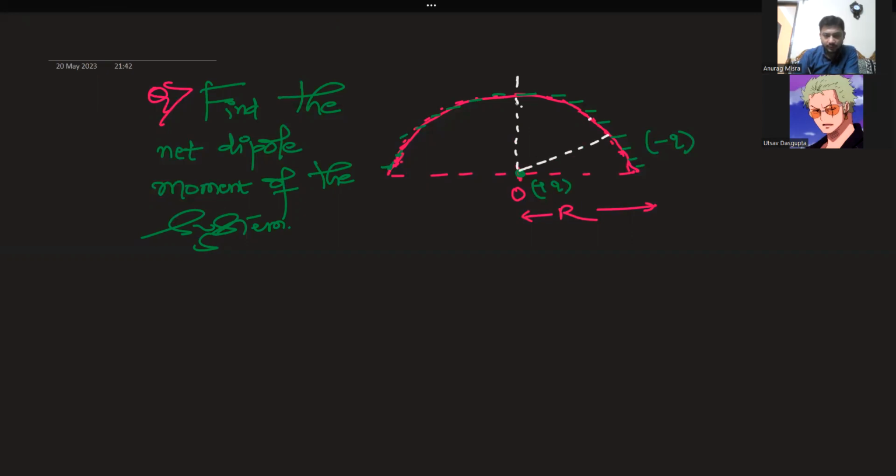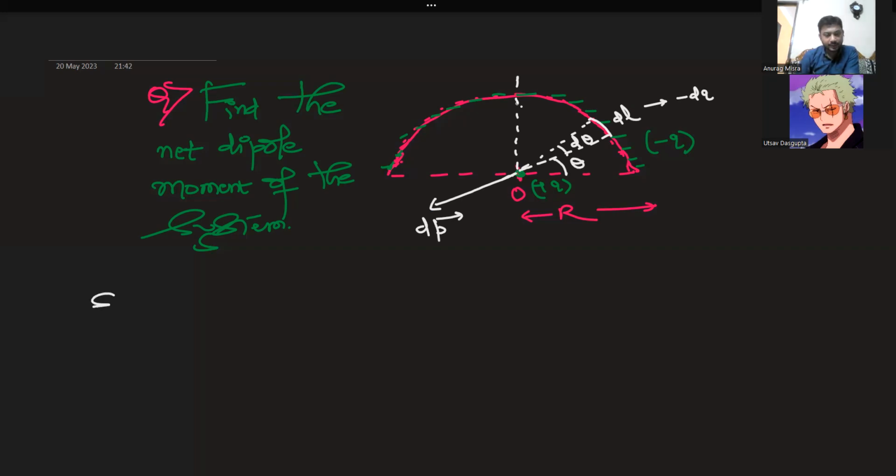an elementary arc of this semicircle, suppose an arc of length dl, which makes a small angle d theta at the center, and suppose this radius is making an angle theta. So we can say within this dl there will be some negative charge. Let's say this dl contains a negative charge minus dq, and this positive q is like a collection of numerous such dq's, right? If I add dq plus dq plus dq, we'll get a positive q. Now this minus dq and a positive dq from here will give rise to a dipole moment. Let's call it dp,